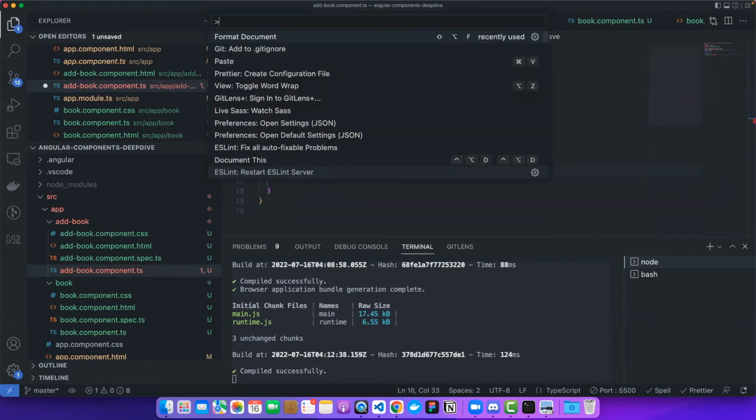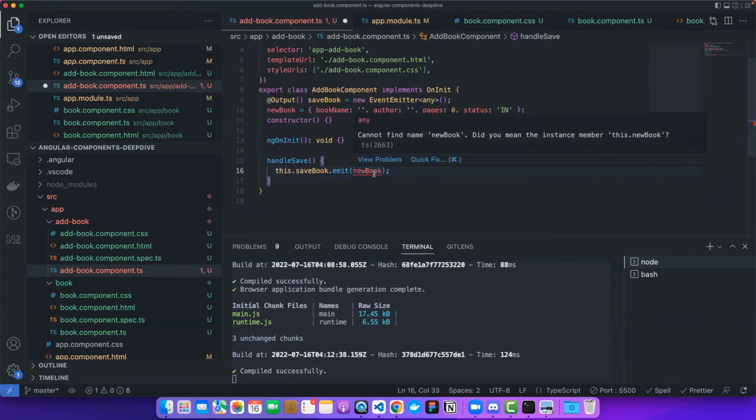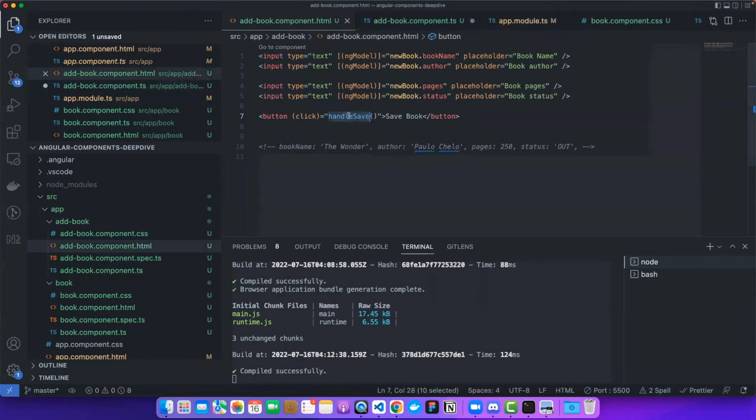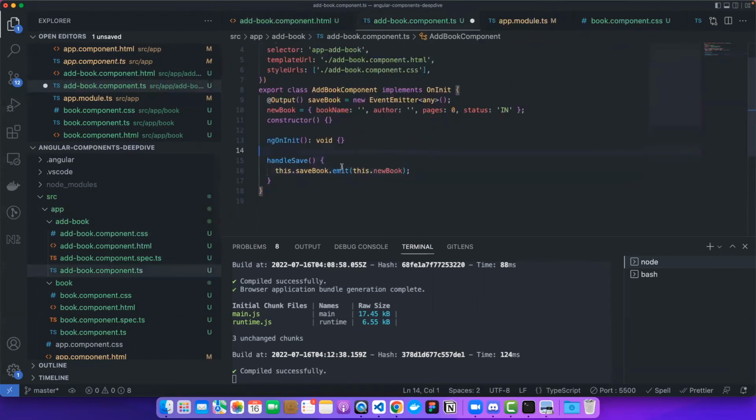So new book is not the one. You should always remember to call it by this dot new book. Now whenever I click on this button, handle save is being called. Handle save is now emitting this output,